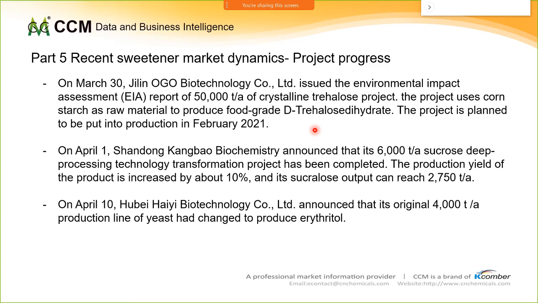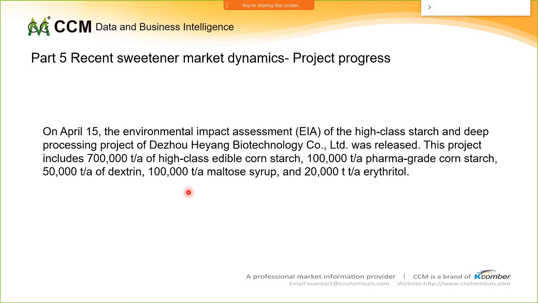On April 1, Shandong Campbell announced that its 6,000 tons per year sucrose deep processing technology transformation project has been completed. The production yield of the product is increased by about 10%, and its sucrose output can reach 2,750 tons per year. On April 10, Hubei Haiyi announced that its original 4,000 tons per year production line of yeast had changed to produce arabinose. On April 15, the